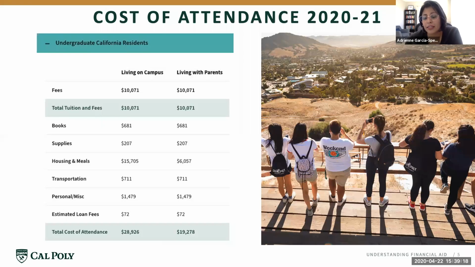I would recommend really evaluating it when you commit to Cal Poly. Part of that commitment is making sure that you have a plan for meeting your expenses. So if that plan includes subsidized loans or other loans, then accepting it at that time makes sense. But I really think that you would want to accept your financial aid and your loans if you're going to borrow by August, because that's when housing and dining charges start appearing, and you just want to make sure that we and student accounts have a clear picture of how you're meeting your expenses.